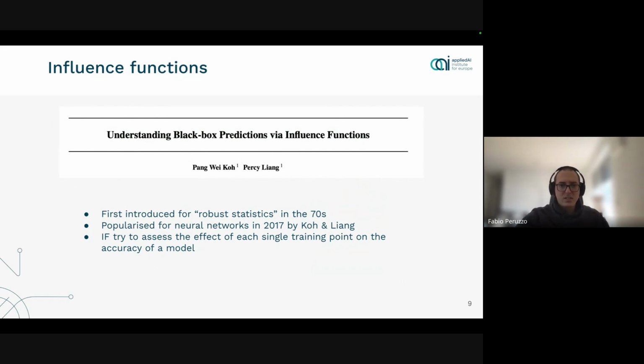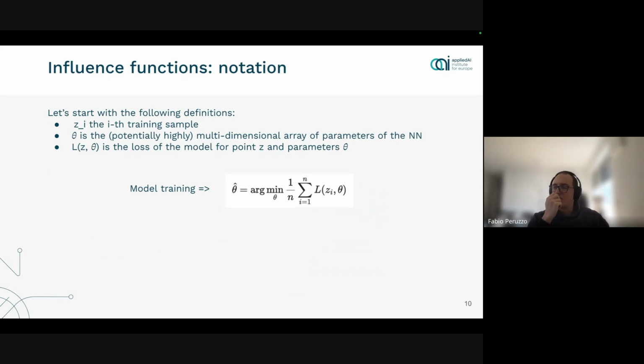Let's dive a little bit deeper into this paper. I will present the definitions that were given in that paper in 2017, so how, historically, influence functions were defined in the machine learning context. And we will also see the major drawbacks that these definitions have. I've tried to put all the formulas in the next 3-4 slides. I think that going through them will probably be beneficial to understand the innovative part of the LLM paper.